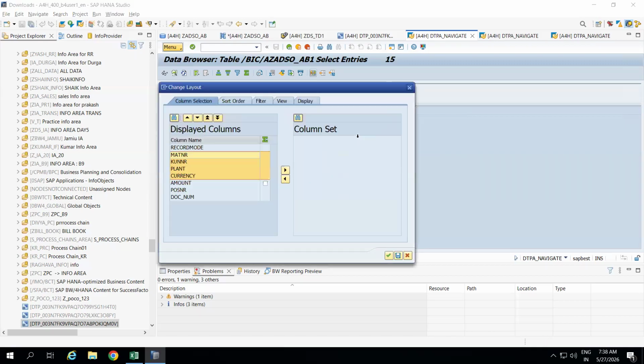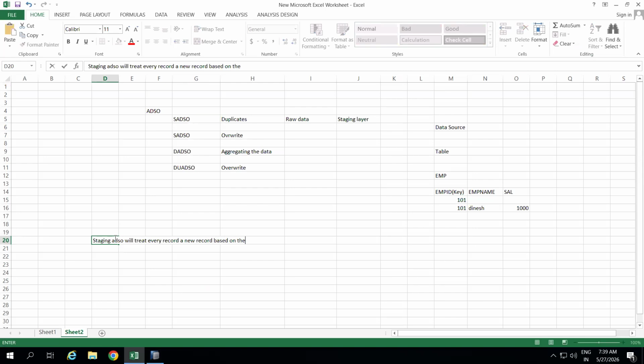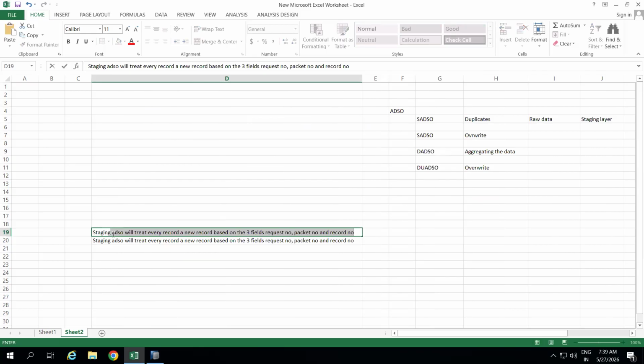So if you have these three fields, then it is not a duplicate. Okay. This is how it will allow duplicates as well. Every record it will treat as a new record. So the staging advanced ADSO will treat every record as a new record based on the three fields. What are those fields? Request number, packet number, and record number. Based on these three fields, you can treat every record as a new record. Mainly, you will use the staging advanced ADSO